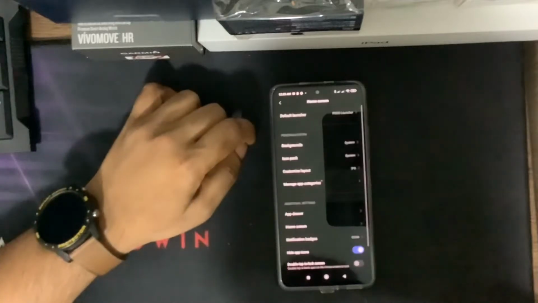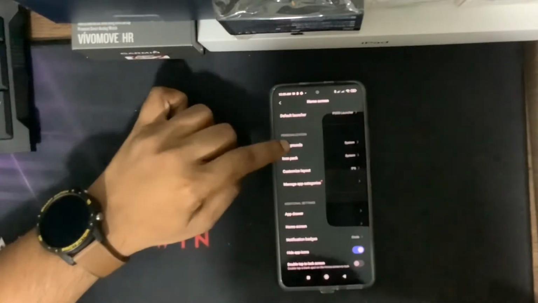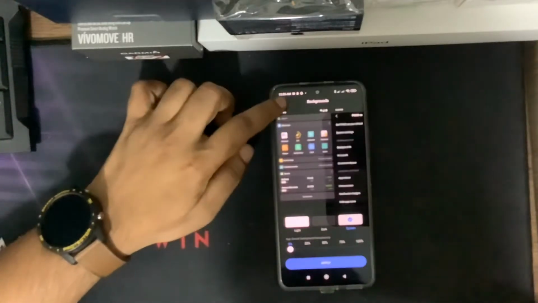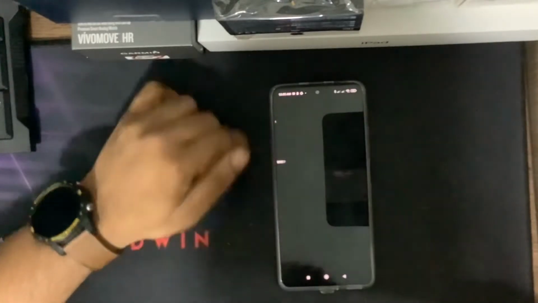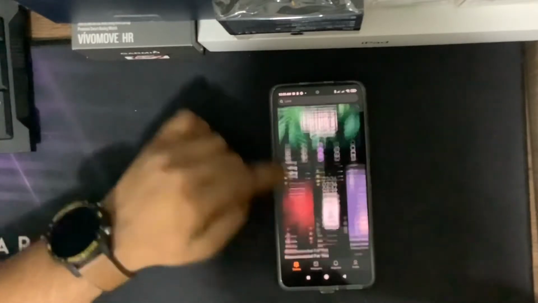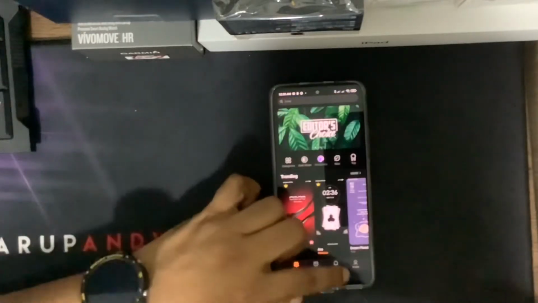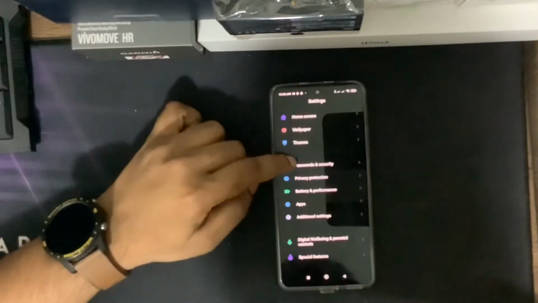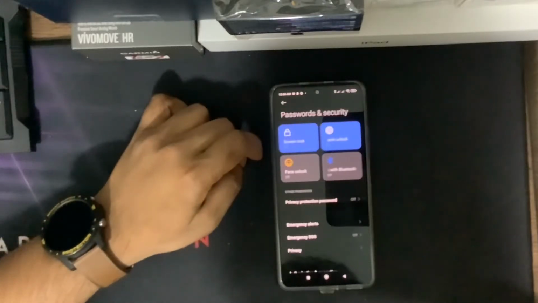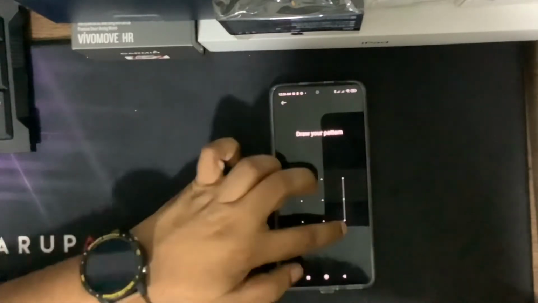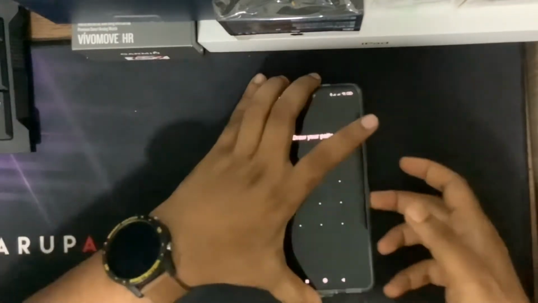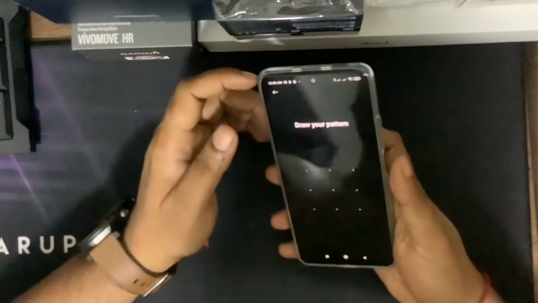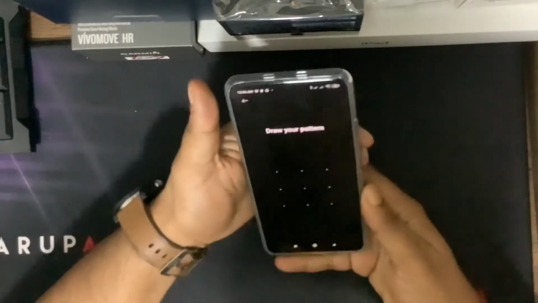Let's look at home screen. So far I'm going with the default setting, but I'll be showing a sample of themes in my next video. So we have password and security. Fingerprint unlock. I've already put my pattern password, so I'm going to add my fingerprints.